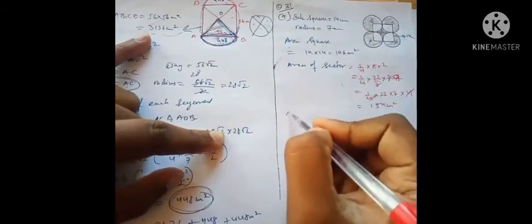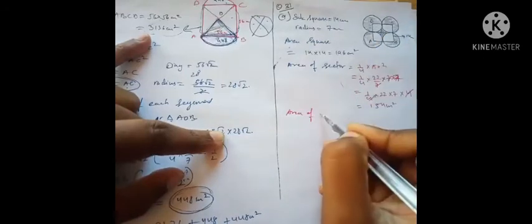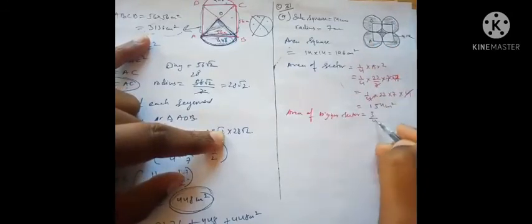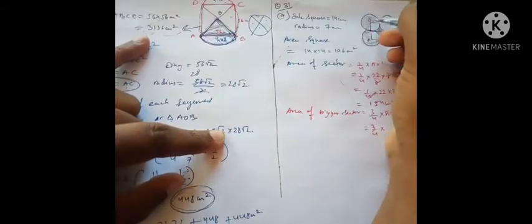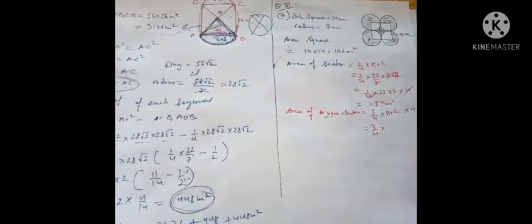Now I'll find the area of the bigger sector. Whenever I am finding the area of the bigger sector, you know that 1/4 is covered by this and 3/4 is covered by that. So 3/4 into pi r square. Okay, and then 3 upon 4 into, and you'll multiply this by 4 because there is not only one big sector, there are 4 big sectors. That's why I'm multiplying by 4.